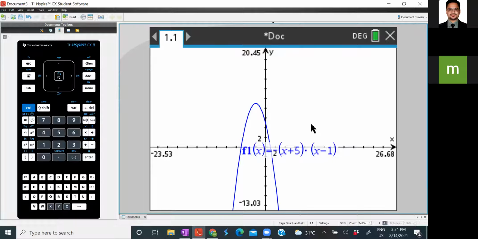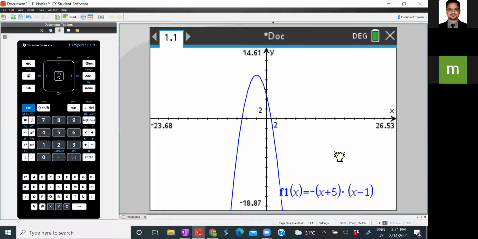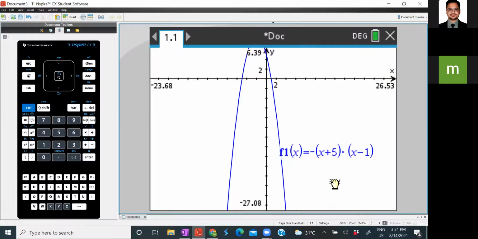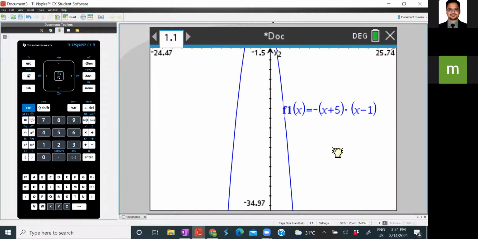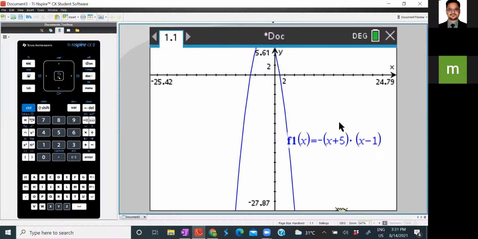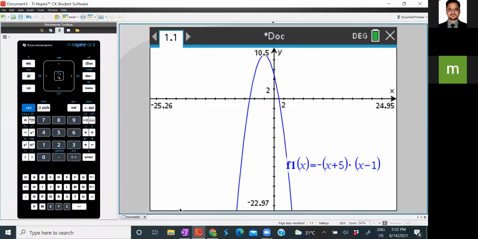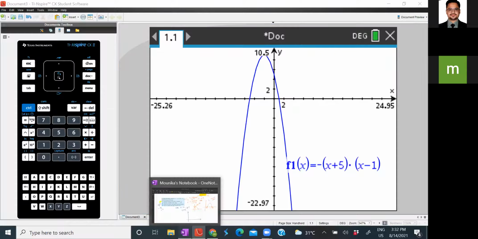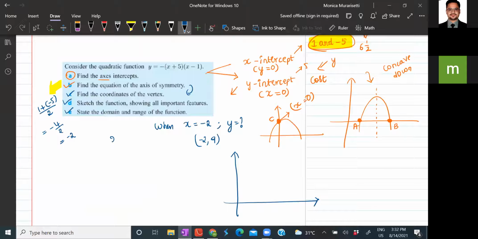If I drag my screen up or down, the function goes on for all possible values of x. That means it is a never-ending function for all values of x. So it would be x belongs to the real numbers. This is your domain.